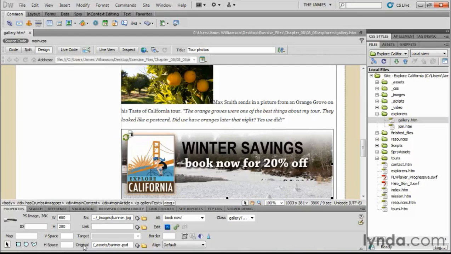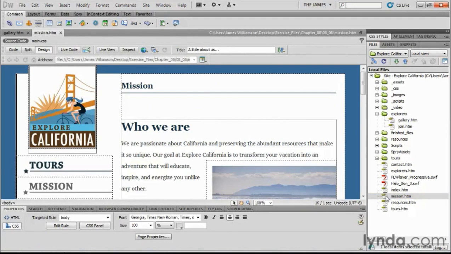Now, Dreamweaver remembers that that JPEG was created from a Photoshop file, and anytime you place it on another page, it's going to link it to that source file. Let me show you what I mean. I'm going to go ahead and save the file we've got now, and what I want to do is I want to go into my Files panel and find mission.htm. I'm going to open up my mission page. I want to scroll down to the very bottom of that. I give myself a blank paragraph down there for my banner ad to show up at, and I'm going to